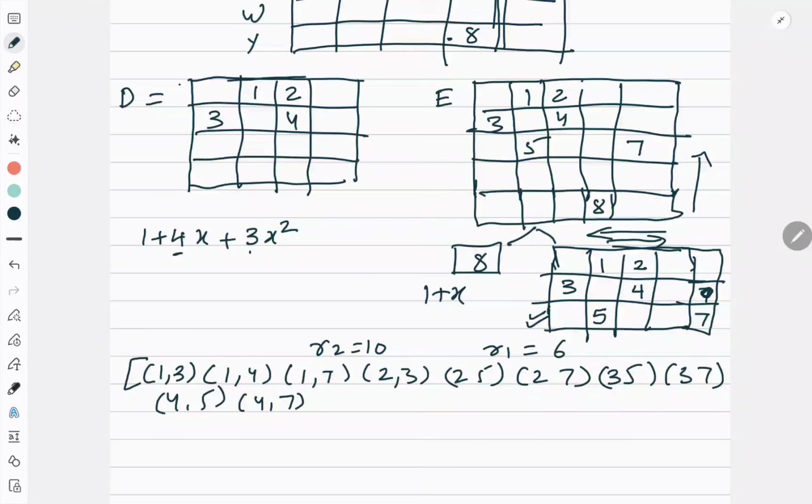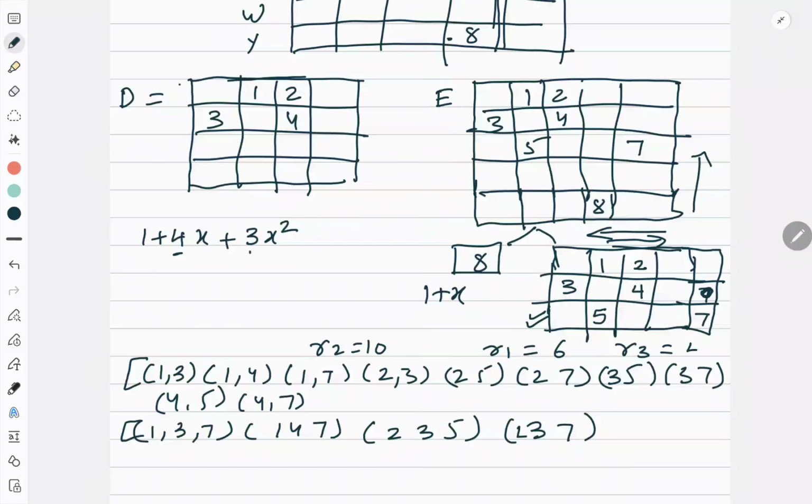Correct? Now next step, I have got my R2. Once again you check for any mistakes because I am writing this. Okay, correct. Now go for 3 cross 3. If I start making 3 cross 3, I'll have 1, 3, 7. I'll have 1, 4, 7. I'll have 2, 3, 5. I'll have 2, 3, 7. Always cross check. Once you have written, then you check 2, 3, 7. They should go in different lines, right? So R3 is equal to 4.